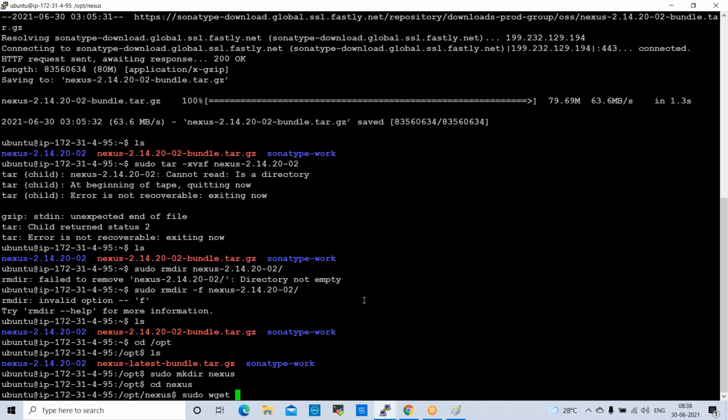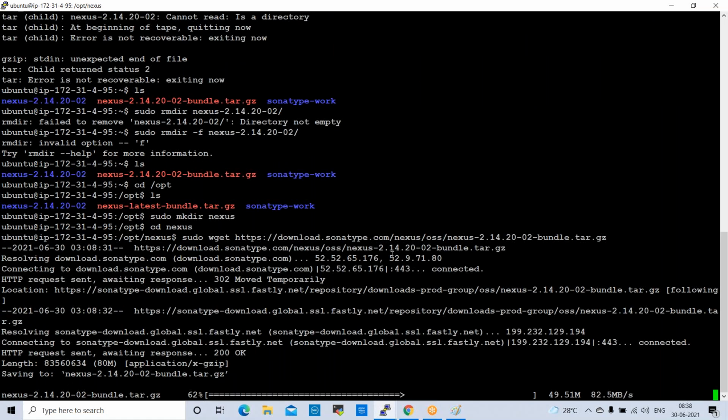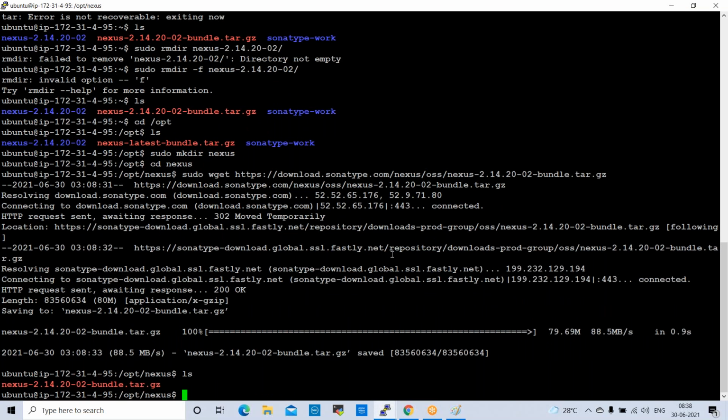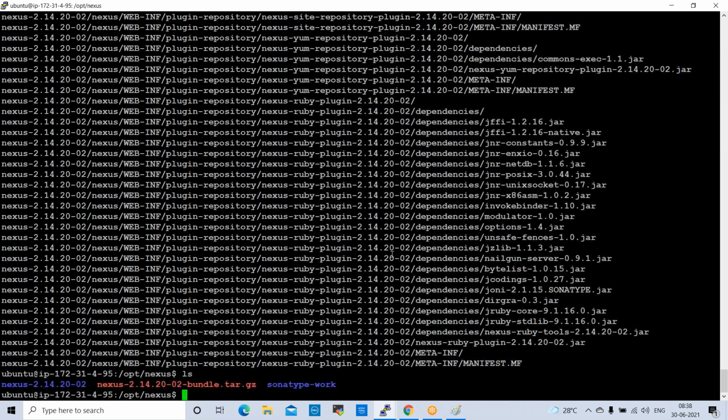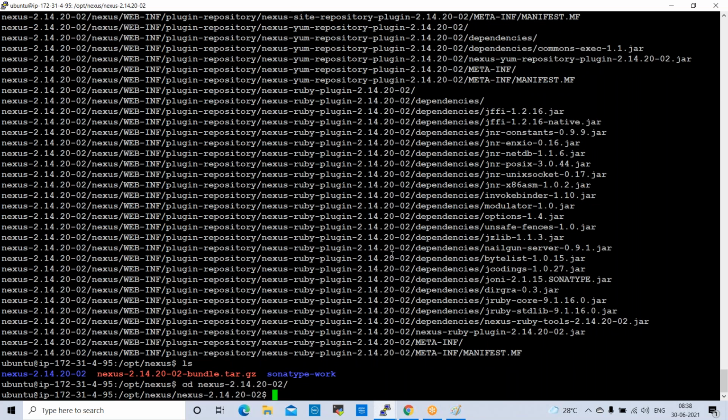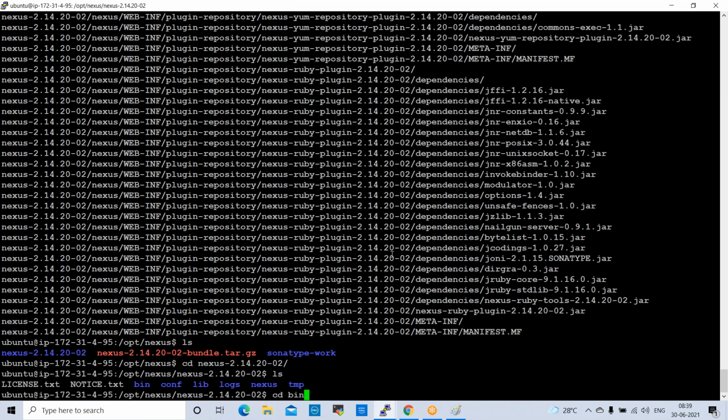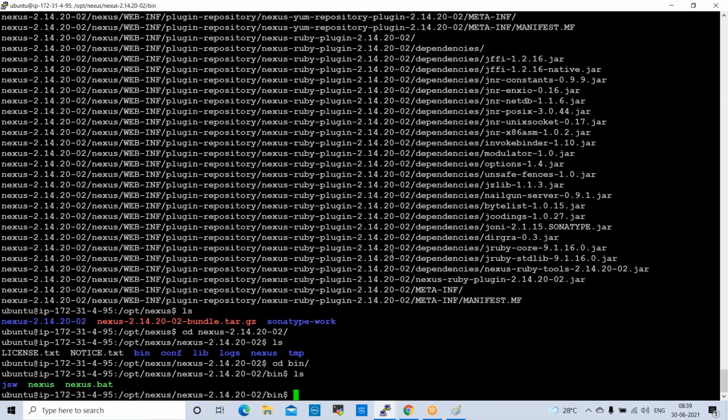Sudo wget. tar -xvzf nexus. ls here, cd nexus, cd bin, ./nexus.